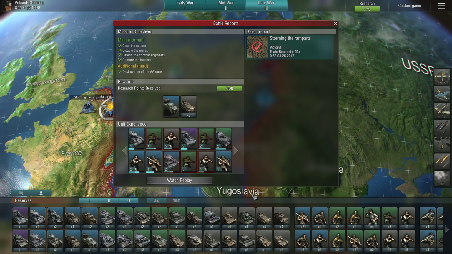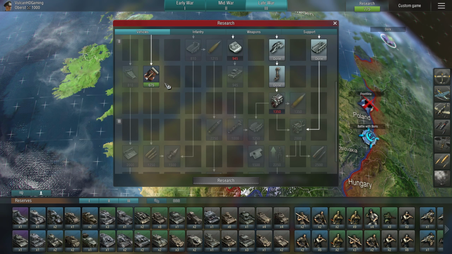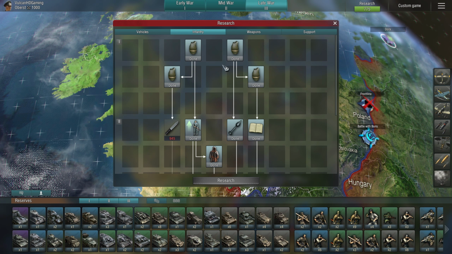Great. So our Panzerfaust squad, or Panzerschreck squad, leveled up. And we got 600 research points for that. Let's jump into our research and see if we can spend that on anything that is worth spending it on. I think all of the later technologies cost quite a lot of research points. So not today. We're going to have to do another mission before we get more research points, which is indeed